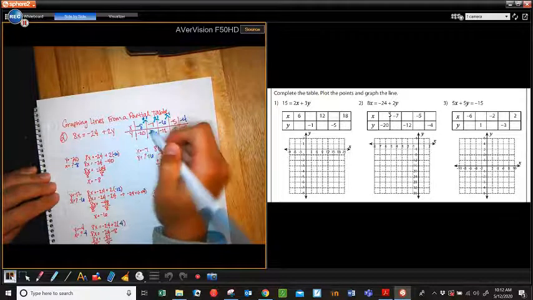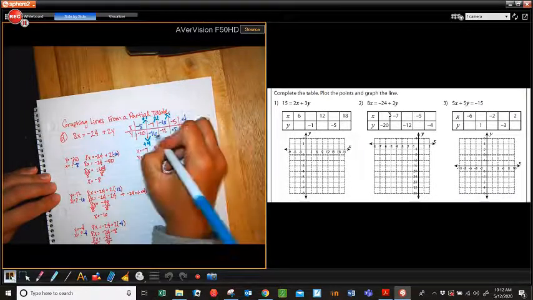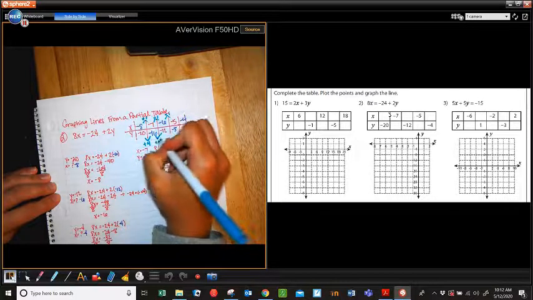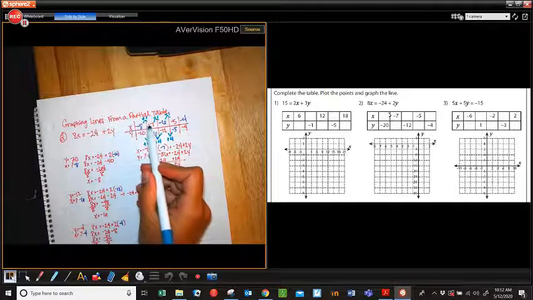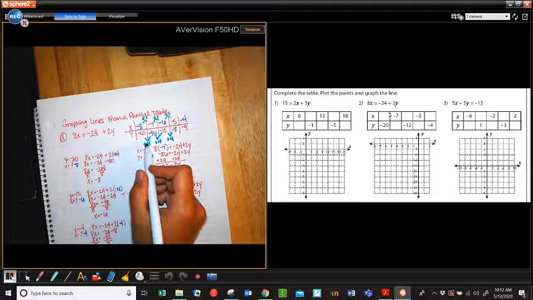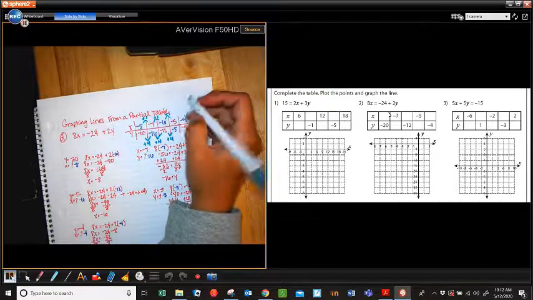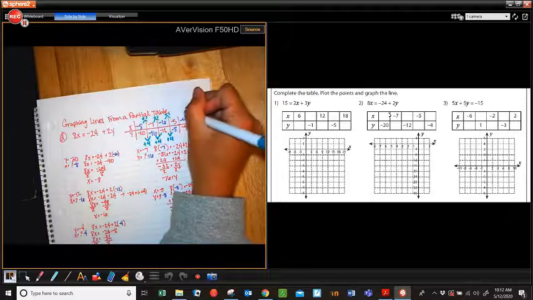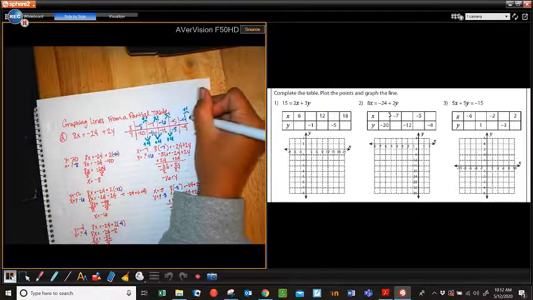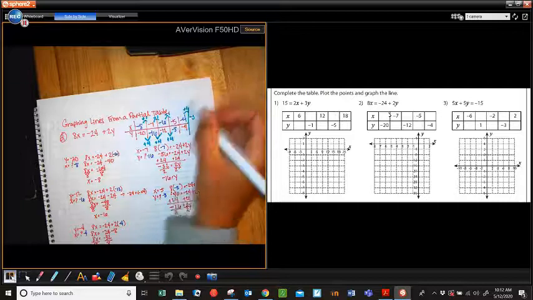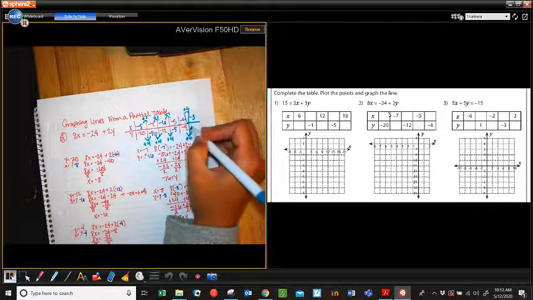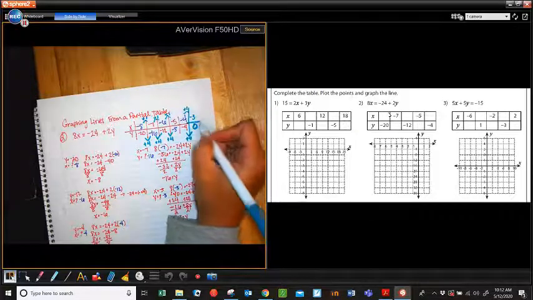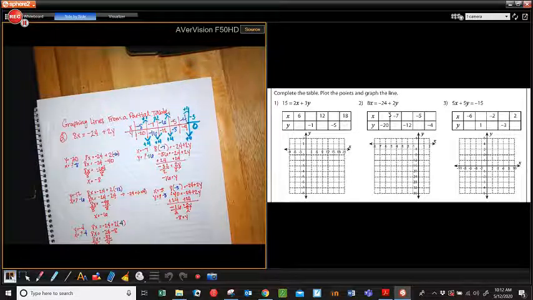From negative 20 to negative 16, we add 4. From negative 16 to negative 12, we add 4. And from negative 12 to negative 8, we add 4. So every time our x value adds 1, our y value adds 4. So you can accurately predict the next one. Let's add 1 here, which would be negative 3, which means if we add 1 here, we add 4 here, and negative 4 plus 4 would be 0. So our next point would be that, and you could fill that table in infinitely many times, knowing the pattern